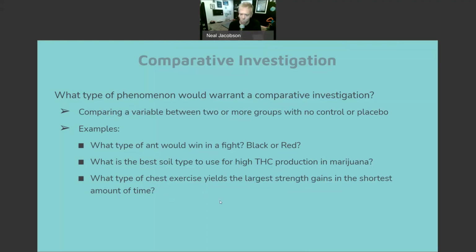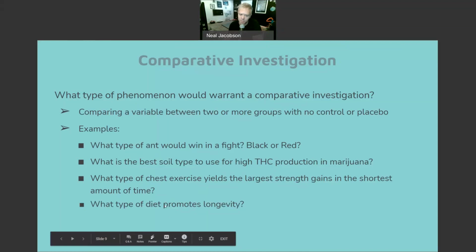So that's how you would control certain variables and their impact on your output. So again, what type of diet promotes longevity? You'd have to go and see what people were eating and then how that correlates to length of life. Obviously, you would need a large sample size to get past all the noise, because people die for a various number of reasons and not all of them are related to diet.